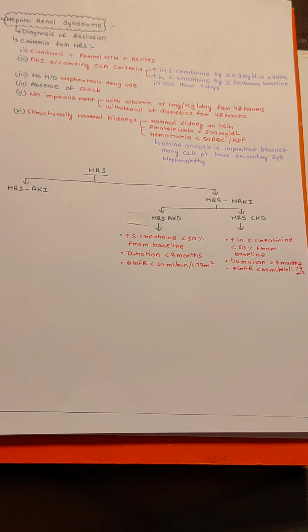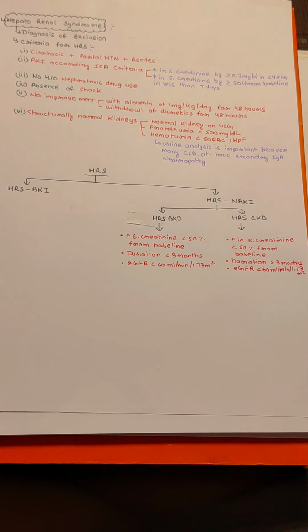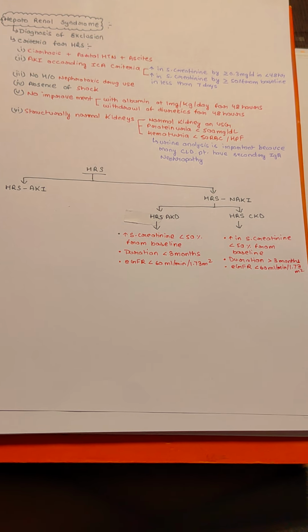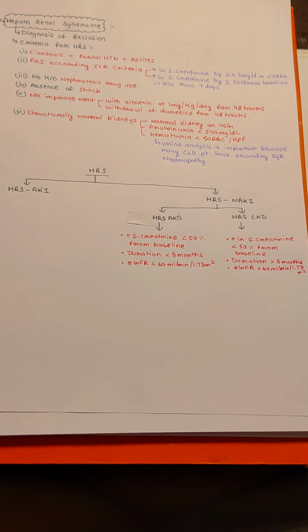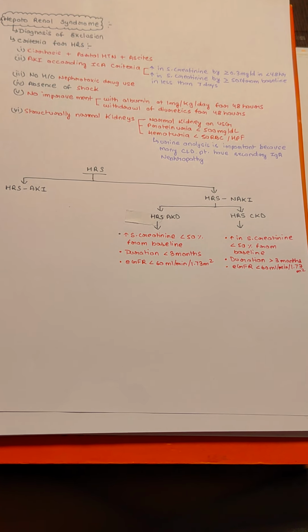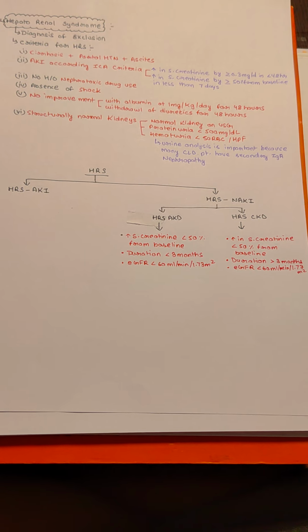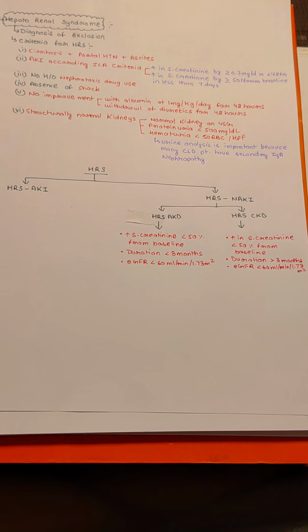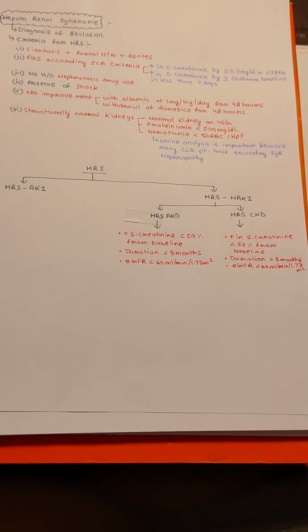So as I already told you, it is a diagnosis of exclusion. So what exactly is the criteria for diagnosing HRS? The patient must have cirrhosis with portal hypertension with ascites, and the patient must have AKI according to the ICA criteria. So what exactly is the ICA criteria? There should be an increase in serum creatinine levels by more than or equal to 0.3 mg per deciliter in less than 48 hours, or the serum creatinine should increase by more than 50% in less than 7 days from the baseline,